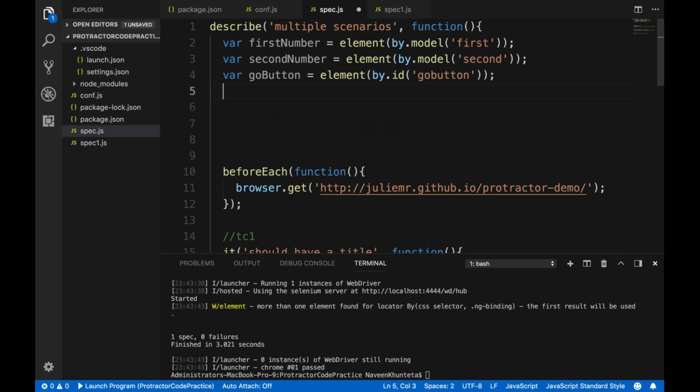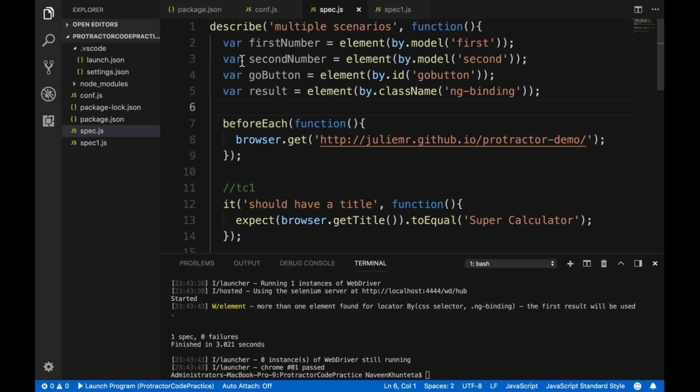Semicolon, and this is your variable: result is equal to this. So result is equal to this I have written, and let me remove this element. These variables I have declared globally immediately after my describe. This is just like a class of something like this, although it's a function, but these are the global variables